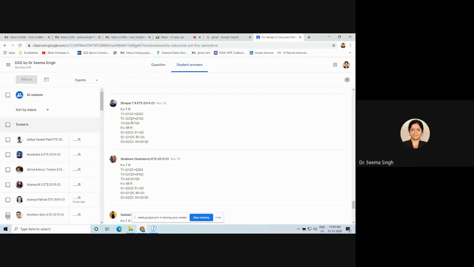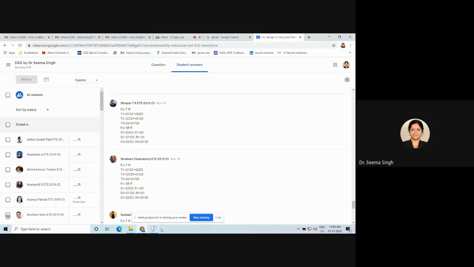So Q2 bar and Q3 bar both will become 1 and 1 because Q2 and Q3 are 0 and 0. 4 means 1, 0, 0, na? So Q2 bar, Q3 bar becomes 1. Q1 and Q2, because Q1 is 1 and Q2 is 0, this will become 0. So 0 odd with 1. So T2 is also 1, right? So T1 is 1, T2 is also 1. What about T3? Q2 is 0, Q1 bar is 0, Q3 is 0. So T3 will be 0, right?